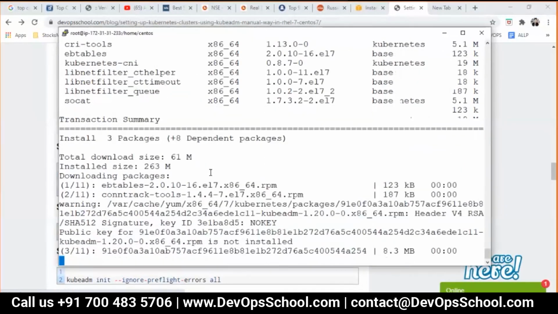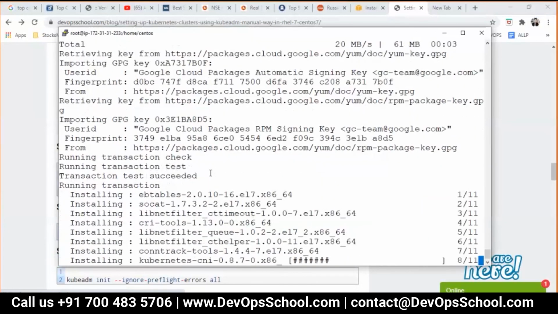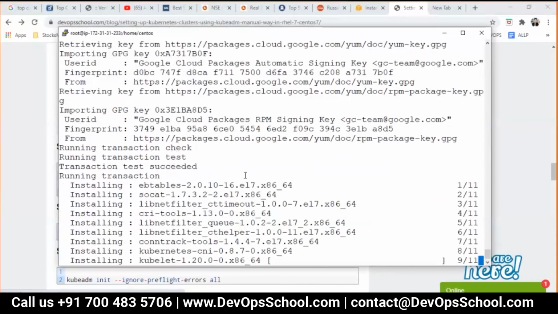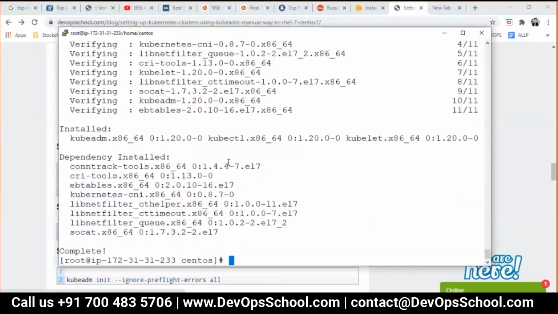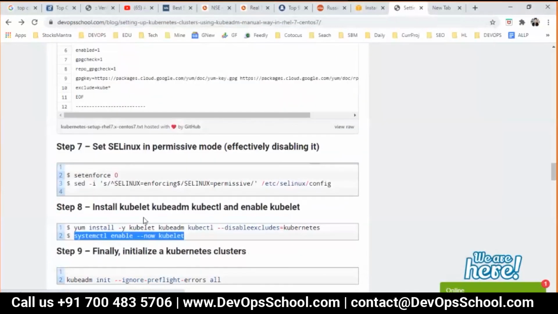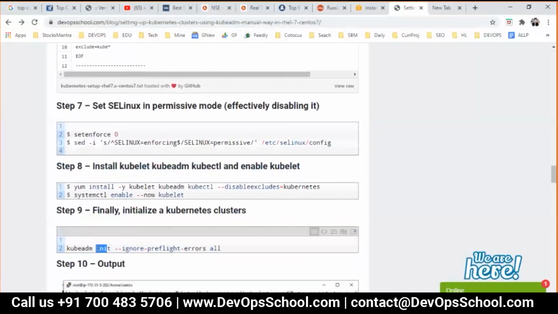Go back. And finally, this one. And finally, it is the last step for the worker.